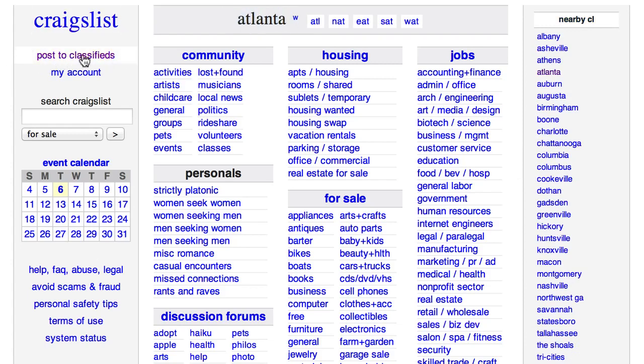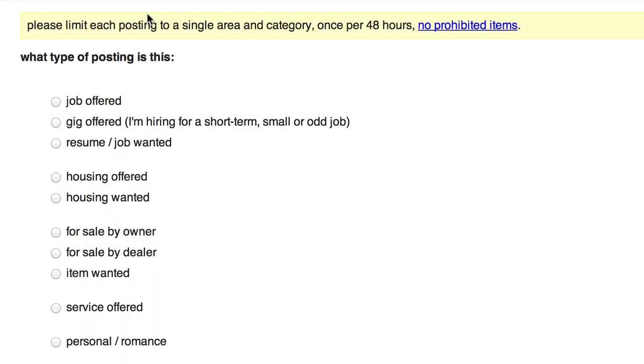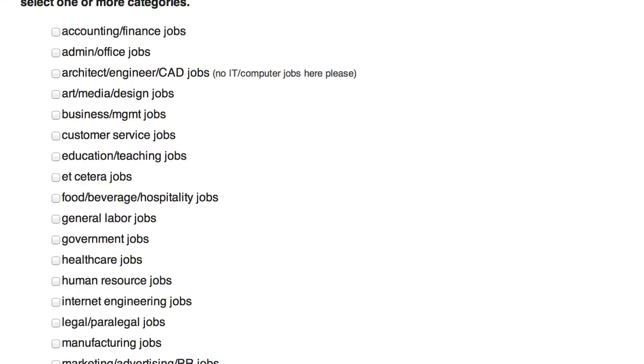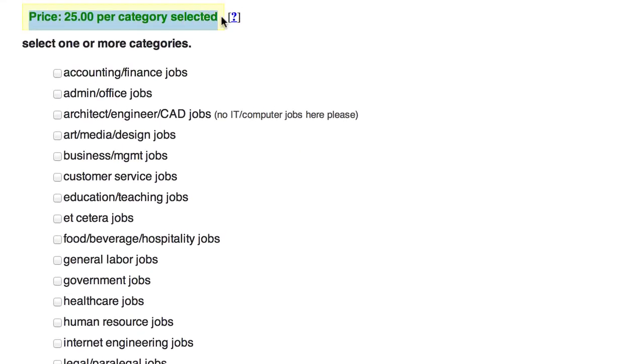I will go over here. I'm going to click on post to classifieds. Okay, I will go and say job offered. So over here, as you can see, we have to pay $25 per category. All right. Now, what I like to do, okay, tip number 2 or 3, is I like to